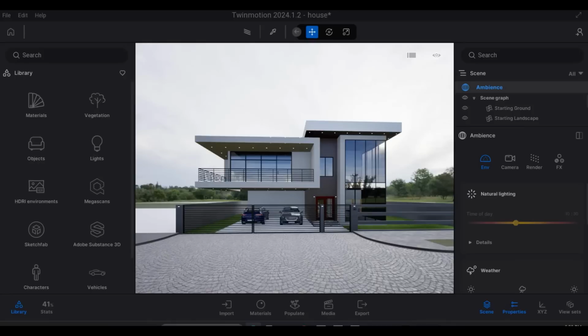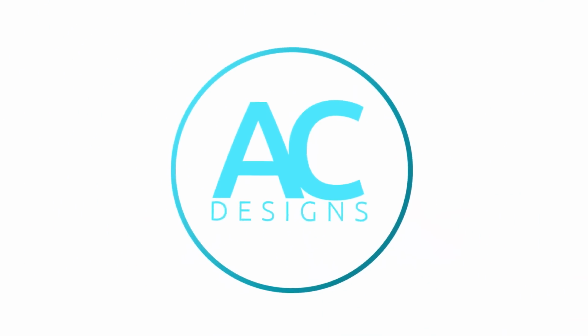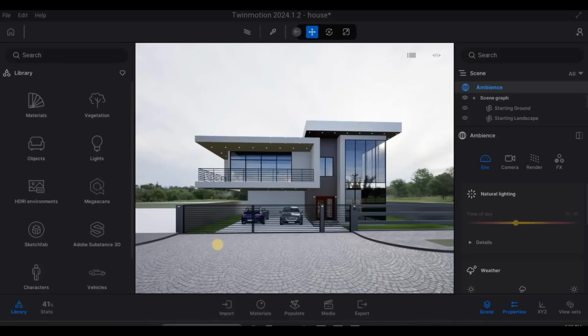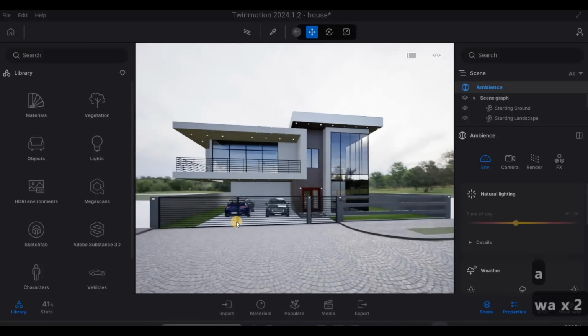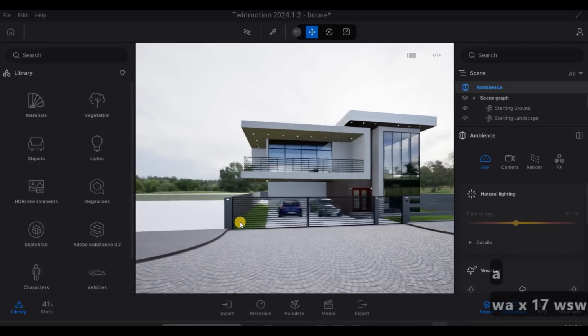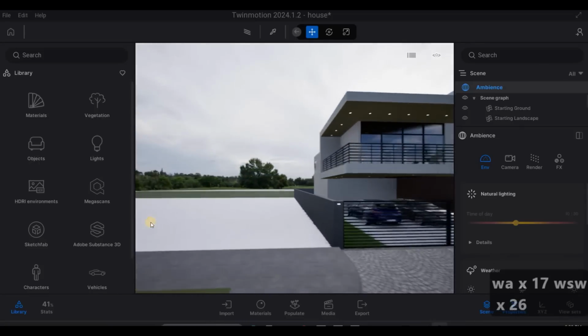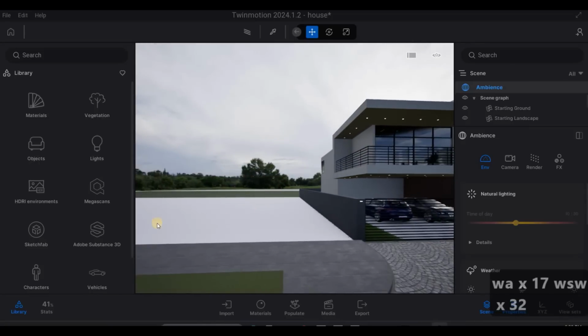In today's video, we're going to continue working on part 16 of this house build. Let's get started. So in the last video, we were able to put it in Twinmotion. Now we're going to continue working on this. So what we finished before is we added our